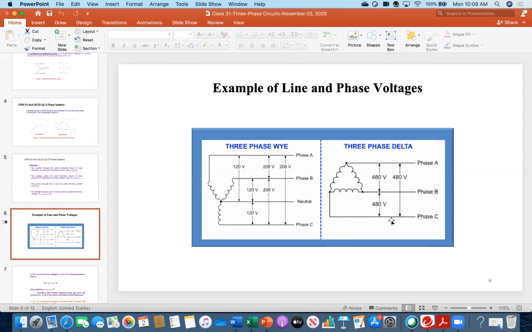So anyway, for this case, you see the example, when you are measuring the voltage between A phase and B phase, you are getting 480. You are measuring between A and C, 480. Always it is the same thing. This is one example. Whatever you measure here and here, it is the same thing. This means in case of delta, phase voltage and line to line voltage are the same. Everybody, could you follow me so far?